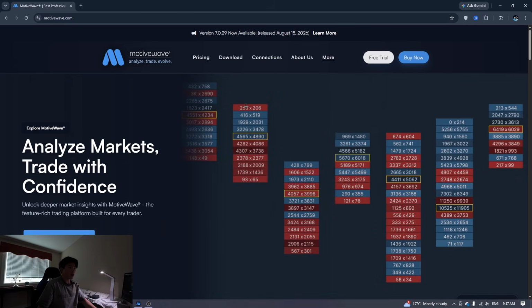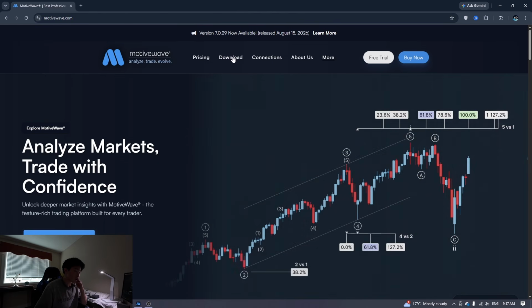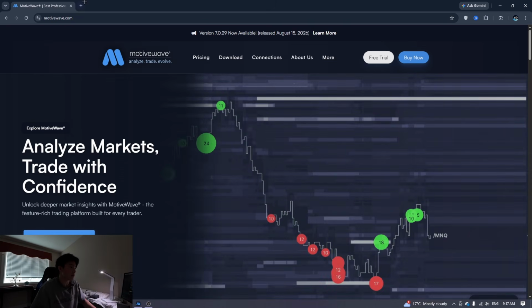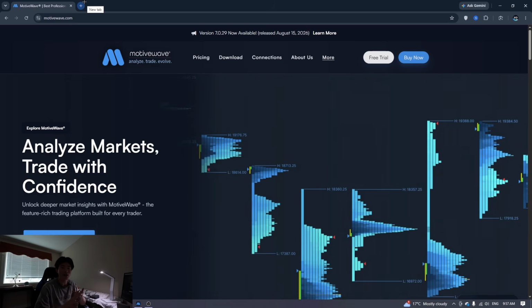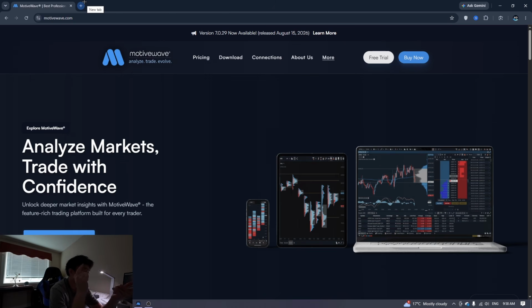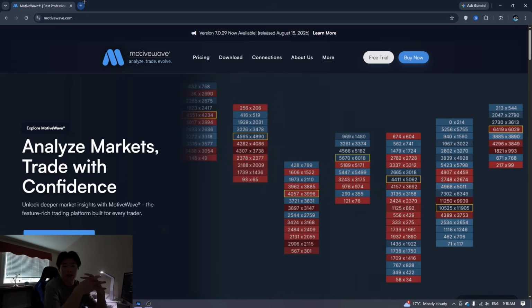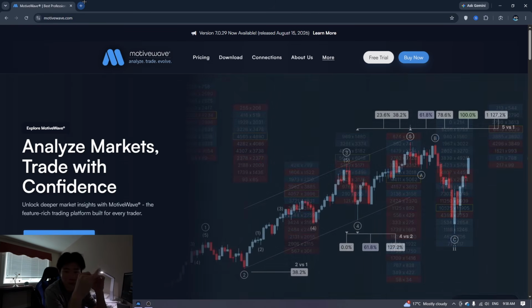So anyways, coming into here, the first thing we have to actually do is to download, right? You might be asking, so what are the softwares? So primarily, you're going to be using three major softwares: Sierra Chart, Motivewave, or Quantower. If you're broke, then you can use Quantower. And if you have a little bit of money, then I prefer using Motivewave because it's easier to set up. Or you can use Sierra Chart, where Sierra Chart's a bit harder to set up, but it's overall really customizable